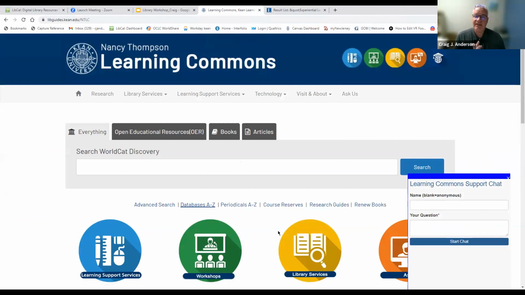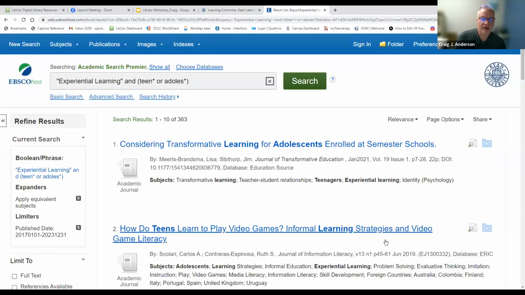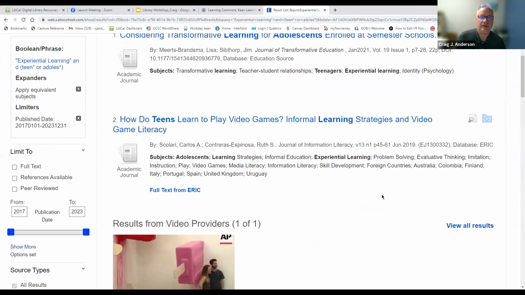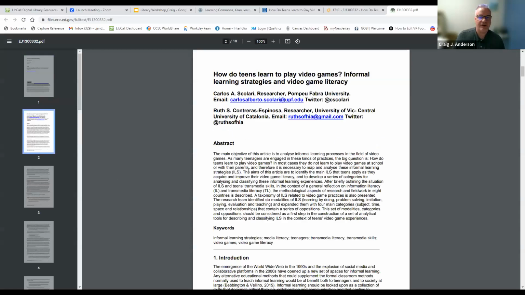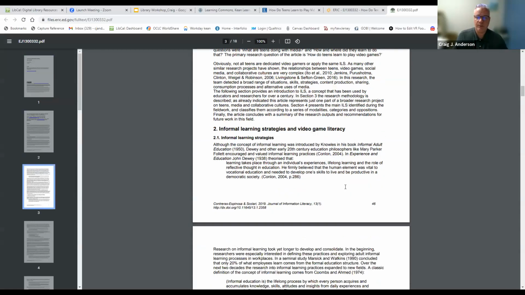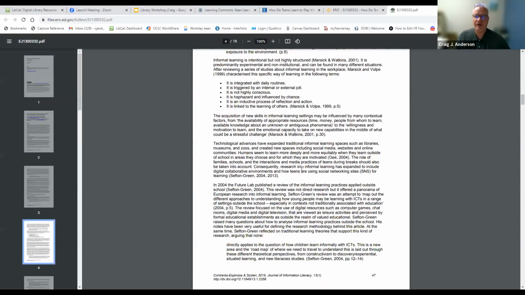But let's say that I'm doing research. Let's say that I found one of these articles here. Yeah, let's try this one. And this one had full text from ERIC. Let me get to the full text. Let's say I've just finished reading this article, and somewhere in the article, they're referring to another article like this one, Marsick and Volpe from 1999, talking about informal learning, I guess.